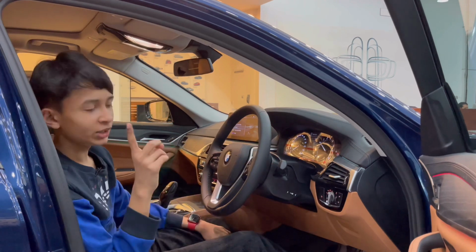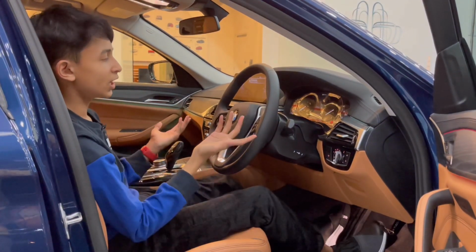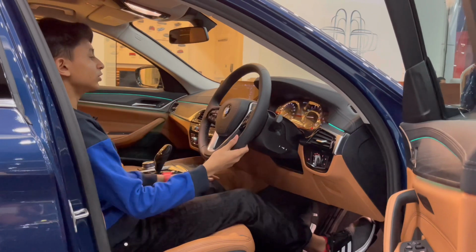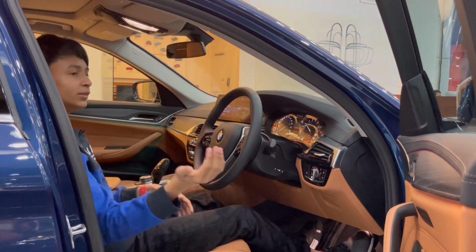So there's another feature. I started up the car. If I just leave the brake, the car turns off because the door is open. There. So it's on ignition now. So I'm going to start up the car and I'm not going to leave the brake. Comes to me. So guys, come over